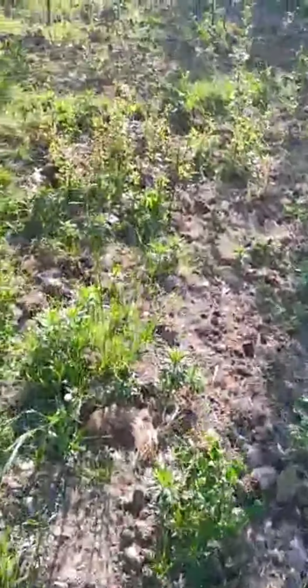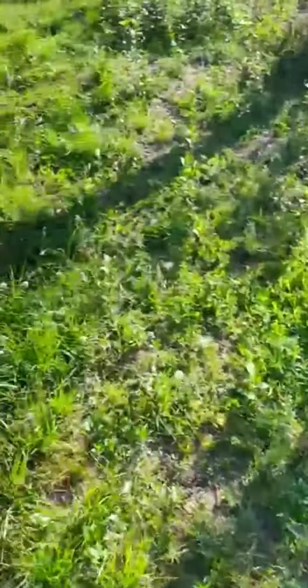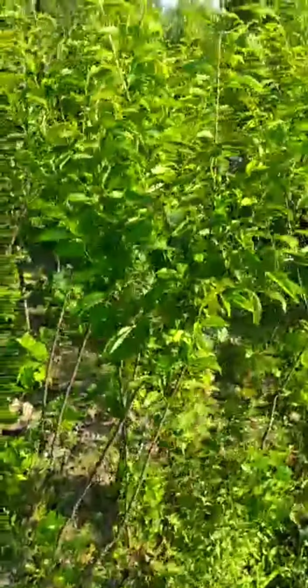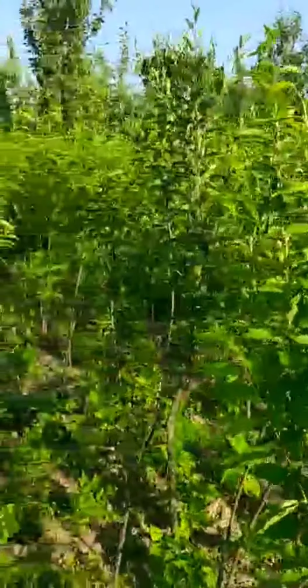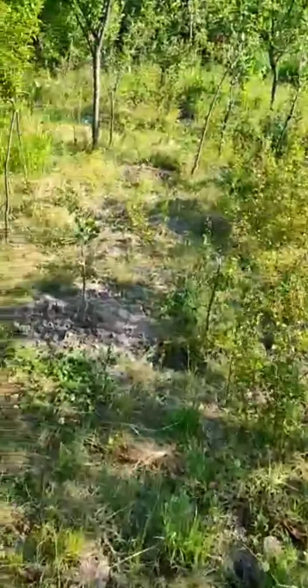I can show you more feathered plum plants. These are the plum plants from the next side. This block is almost full of feathered plants. This is